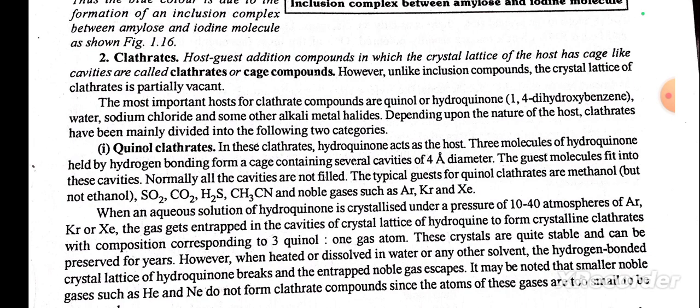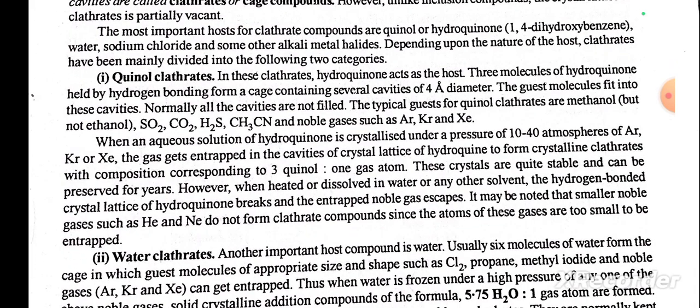Second is clathrates, the host-guest addition compound in which a crystal lattice of the host has a cage-like cavity, called the clathrate or cage compound. Unlike the exclusion compound, the crystal of this clathrate is particularly vacant, and the most important hosts of the clathrate compound are quinol, hydroquinone, water, sodium chloride, and some other alkali metal halides. Depending upon the nature of the host, they are mainly divided into the following two categories: